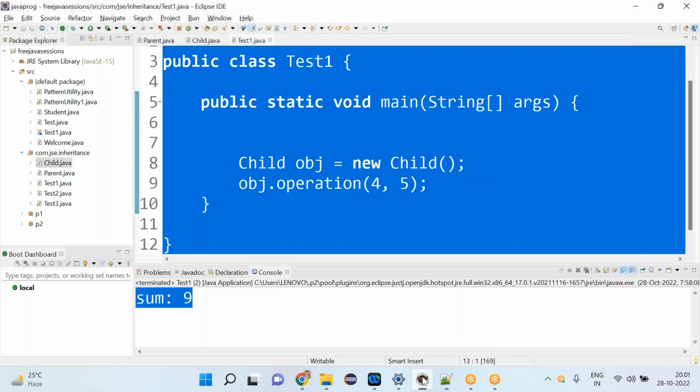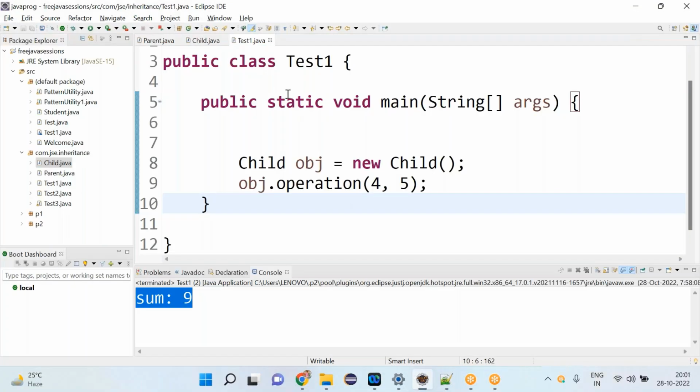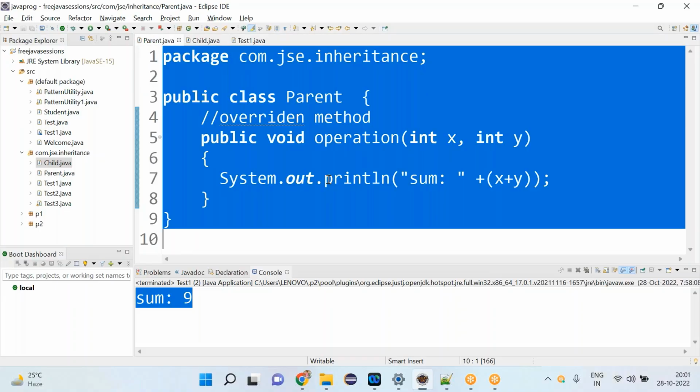Here is one more point I wanted to tell you, regarding overriding only. We have many points, but I don't want to talk about all of them right now. I just want to speak about the overriding rules. Do we have any other rules to perform overriding? For example,